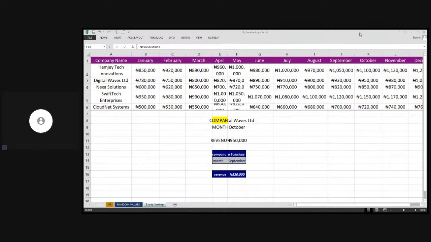It is also mostly used in showcasing the prices of your organization's products, and it can also be used to showcase the names of your employees and the amount they earn per month, which can run from